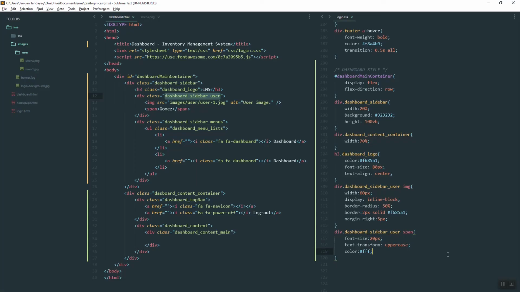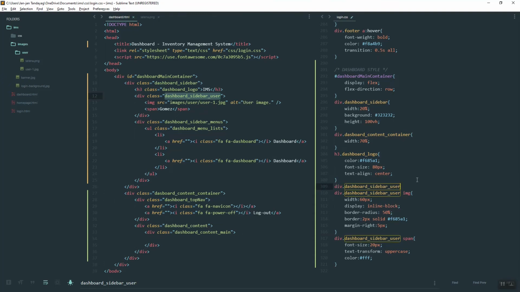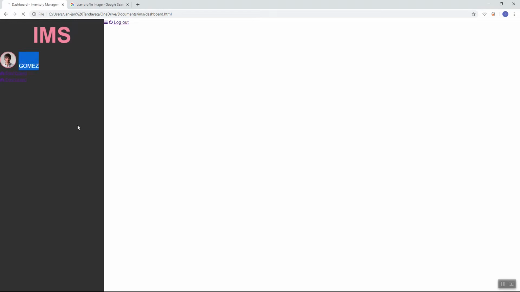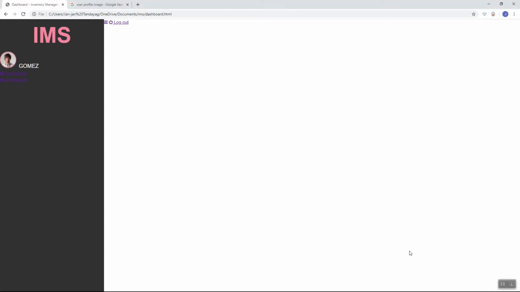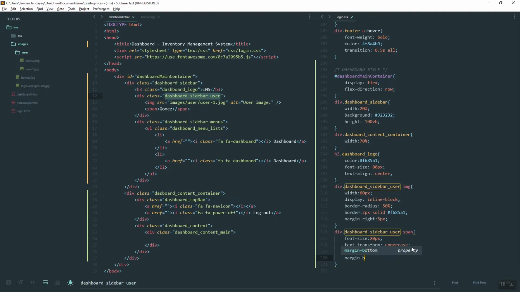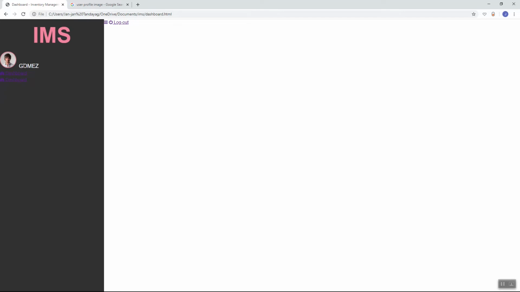Now we need to center. I think we can use the vertical align to center the text. Yeah, I think there's a way to do that one, but for now let's just use a margin top negative 30px. Let's do 25. Oops. Span. Let's try to open and do